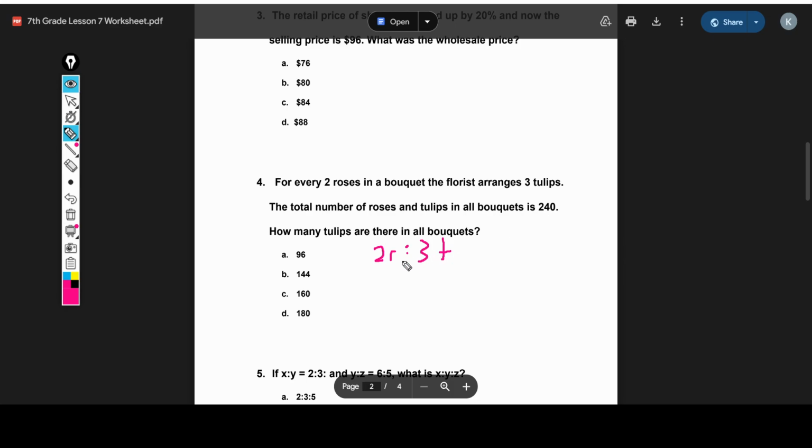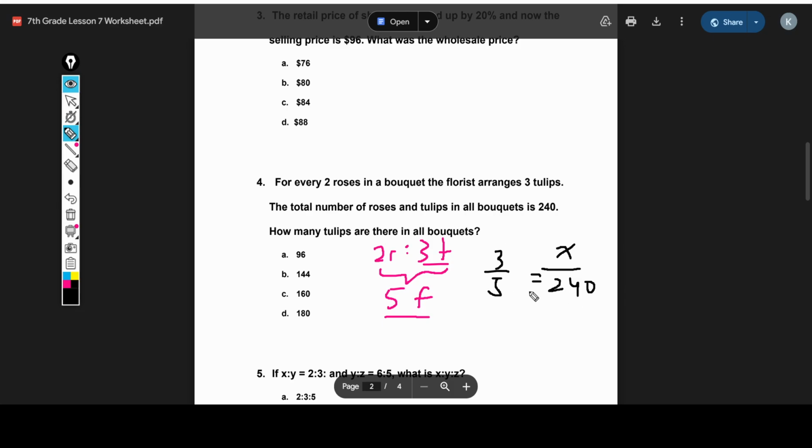We know for every 2 roses, there are 3 tulips. And for every 3 tulips, there are 2 roses. But we want to find how many tulips there are for the total number of flowers. If there are 3 tulips for every 2 roses, that means this is a total of how many flowers? It's 5 flowers. So the ratio of tulips to flowers is 3 to 5. So 3 over 5 should equal the total number of tulips, I'll say X, over 240. And once again, you can cross multiply,